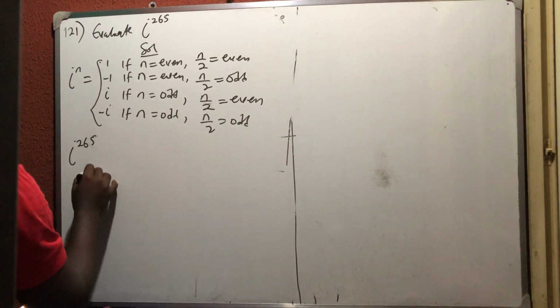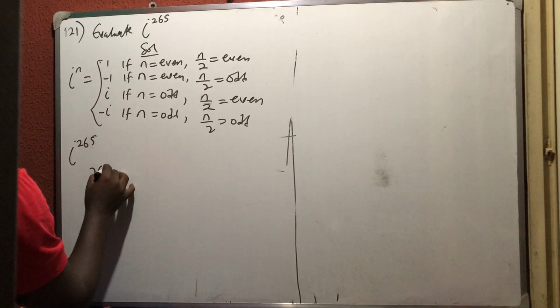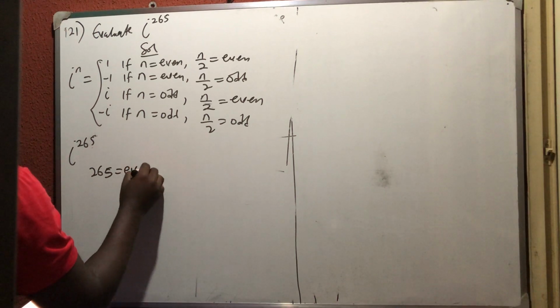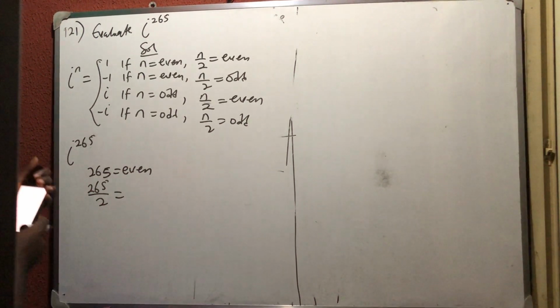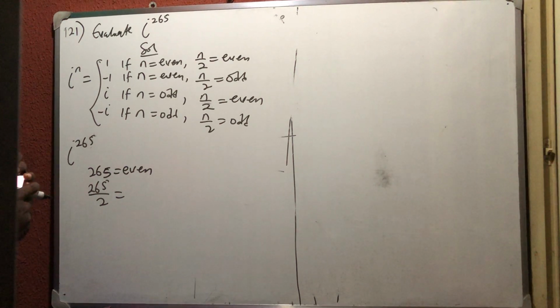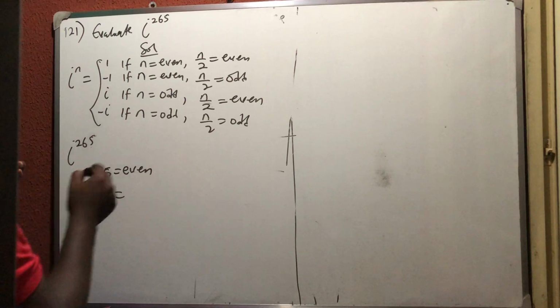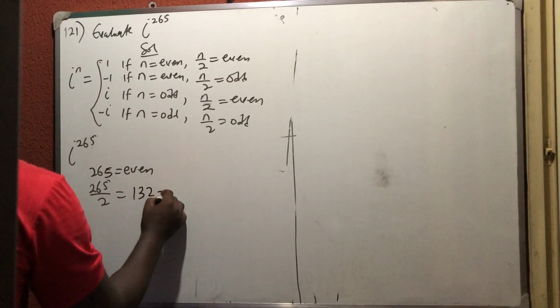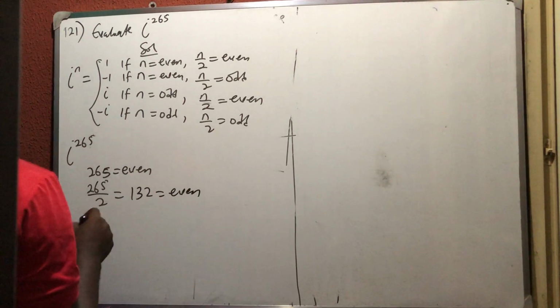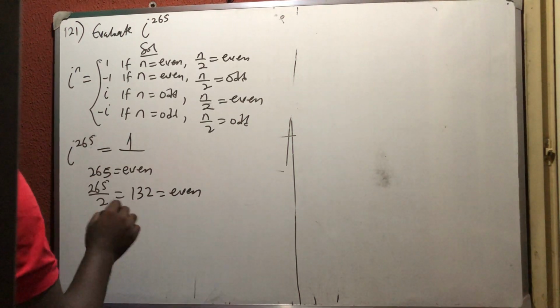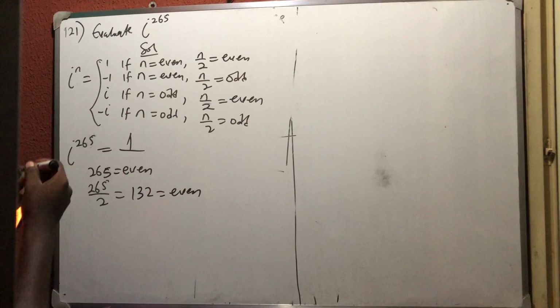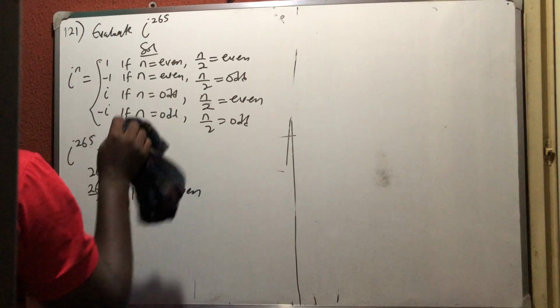265. So 265 is equal to an even number, and 265 divided by 2 will give you 132, which is equally even number. So therefore this is equal to what? 1. So my answer is 1. Even 1. Okay, so that is that. The next question,